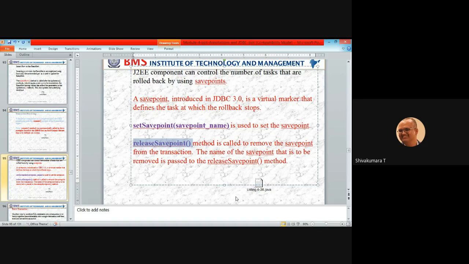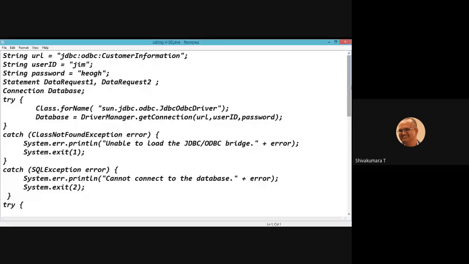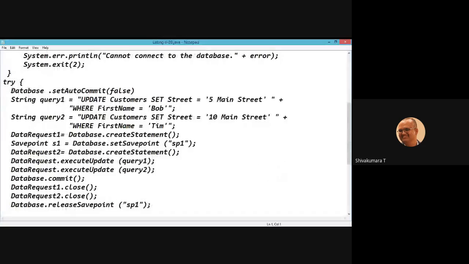Clear? Let us look into the snippet code to better understand savepoint and rollback. As usual, connection dot setAutoCommit is set to false.